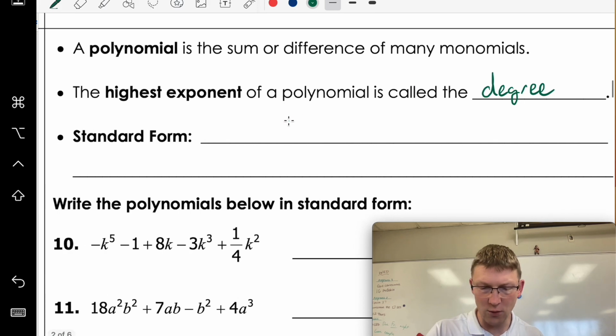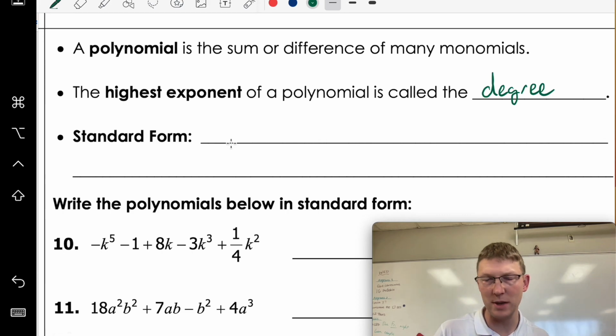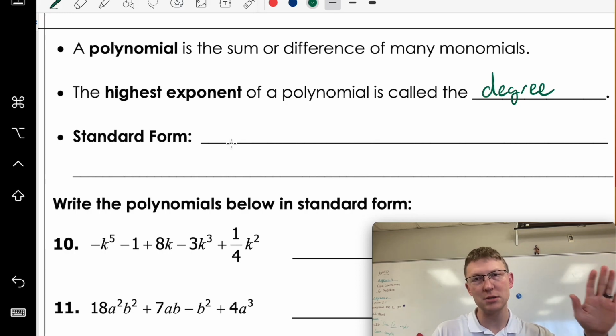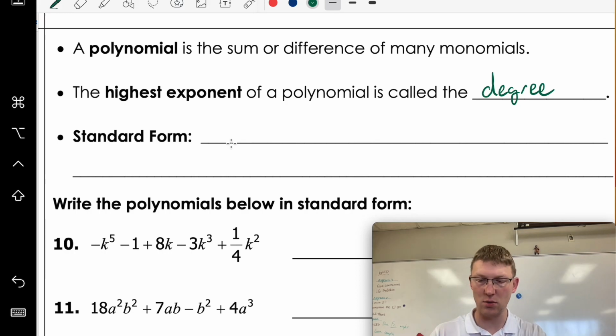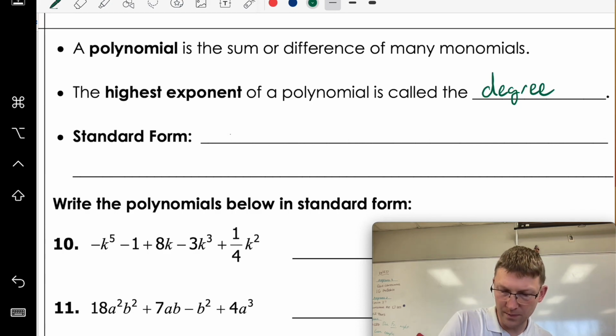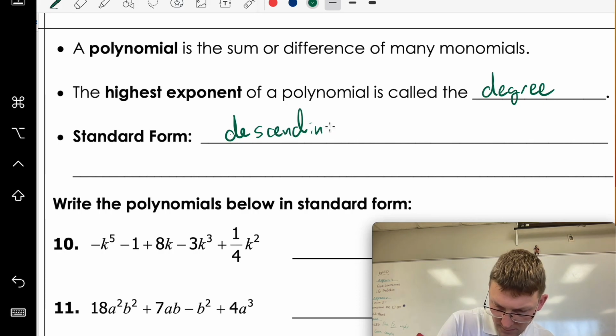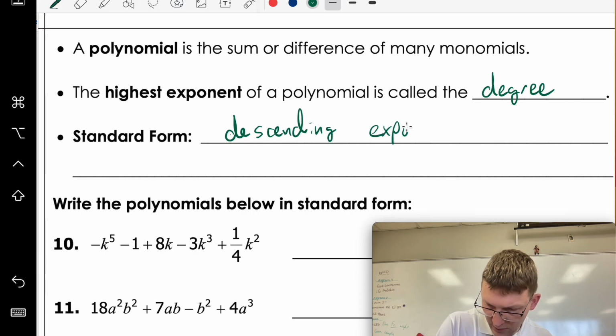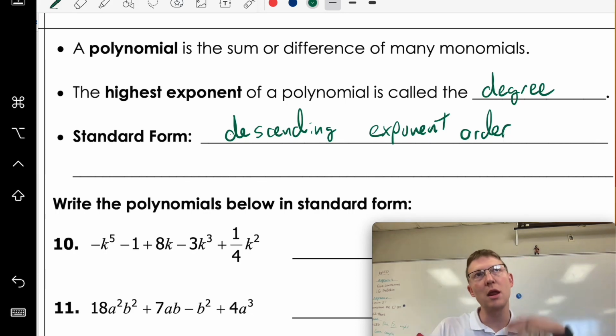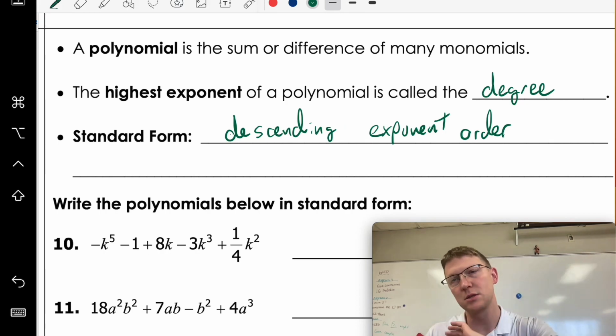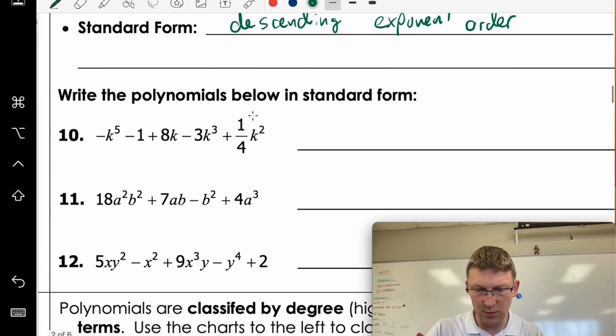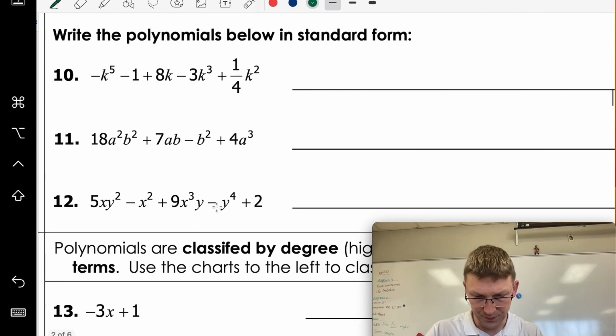And then in standard form, it's kind of what you would expect. It's just going to be your biggest exponents first, and it goes in descending exponent order. So if it's an x squared, it would be x squared first, plus x, plus no x. So if we were to do a couple examples of just writing in standard form,